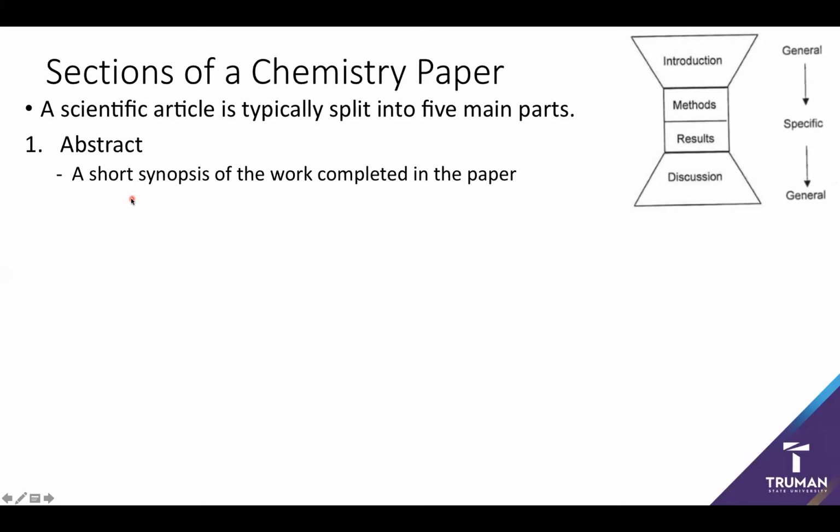It's going to have essentially a sentence of introduction, a sentence synopsis summarizing your methods, and usually several sentences summarizing your results and discussion. However, we often try to avoid restating what was in the introduction, methods, results, and discussion, and instead condense it into a small digestible chunk that gives you an idea of what's there in as short a form as